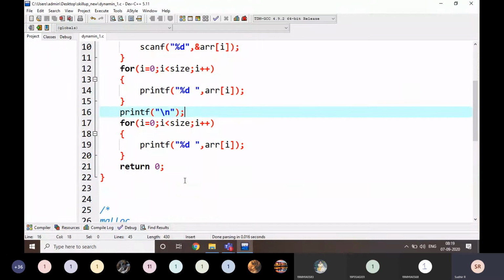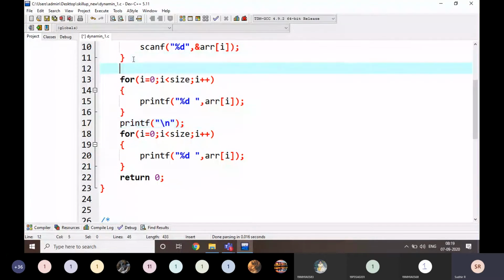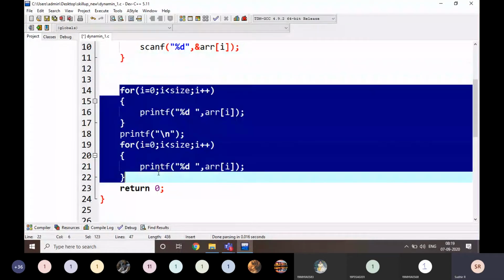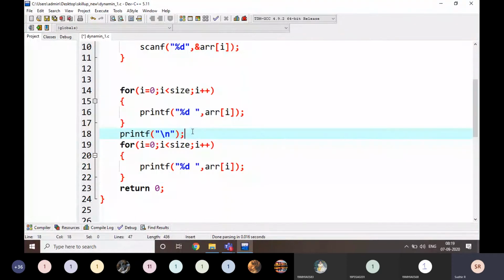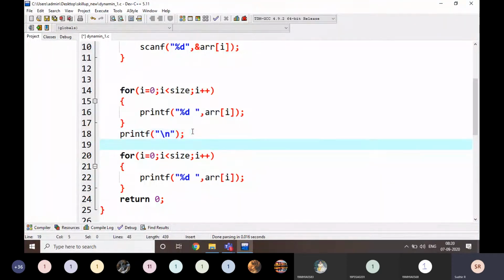Why? Because I am writing the print here 2 times. Before printing the last one, I am going to write here free of ARR.